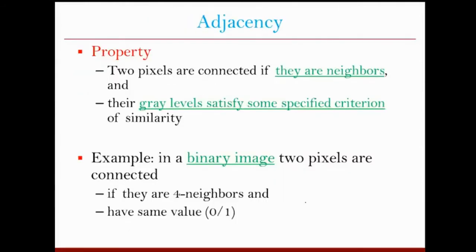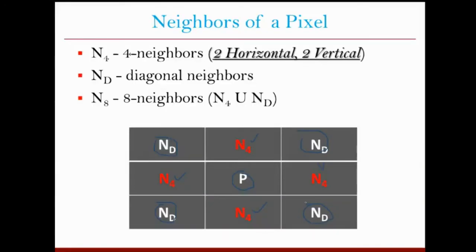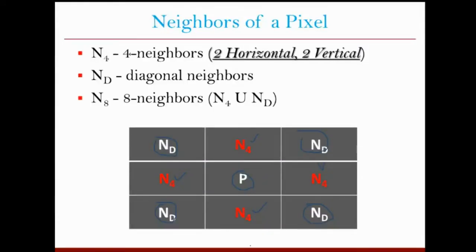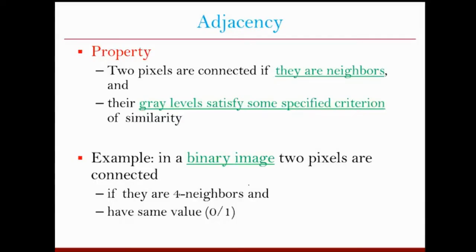Okay. Now, when we are defining the neighborhood, we are only talking about physical distance. So, any pixel which is just next to this pixel situated here, you will say that this is its neighbor. But when we define the adjacency, in some sense, the word adjacency also means somebody who is adjacent to you. But when we define adjacency, we also consider the brightness or the intensity or the gray level of the pixels that we are considering.